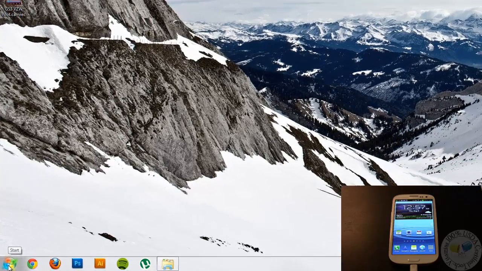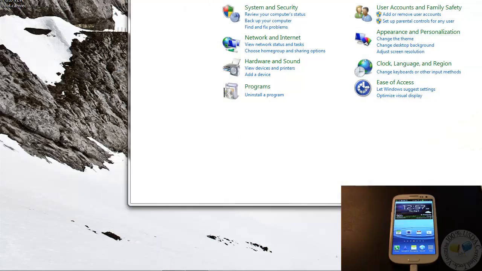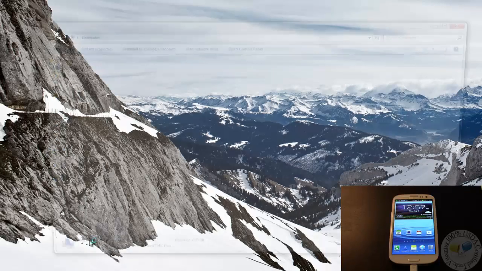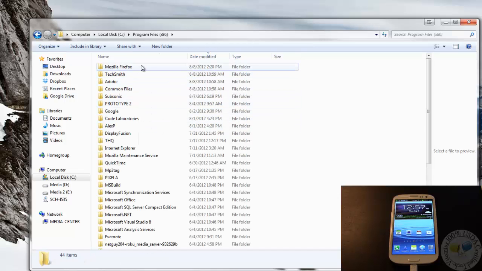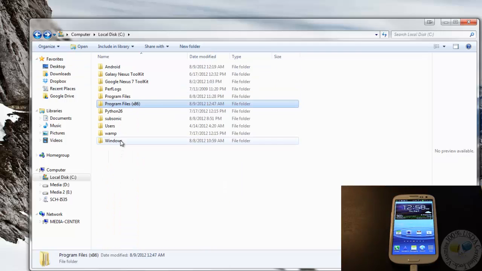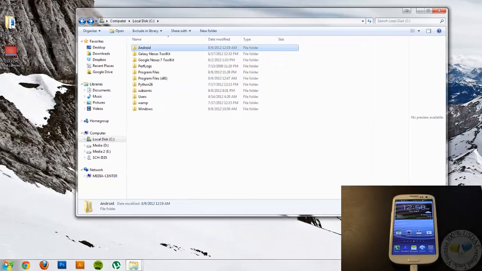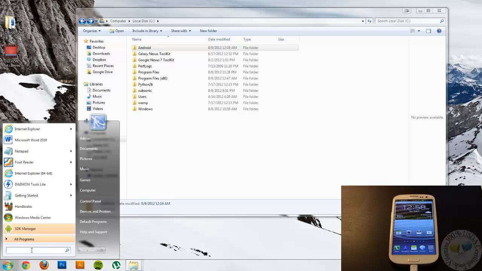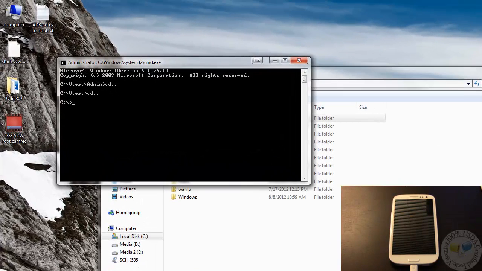Also, once you've installed it, here's a little something to get to it more easily. By default, it installs under your root C directory, Program Files x86, and there'll be an Android folder under there. But just so it's a little bit easier, because we are going to have to get to it in the command prompt, I've cut and pasted that into my root C drive, so it's right under there under Android. You'll see how that makes life easier when we pull up the command prompt here. So we'll get to the root C drive,